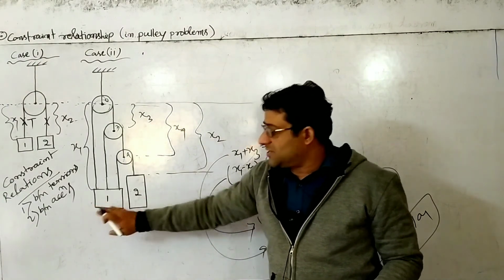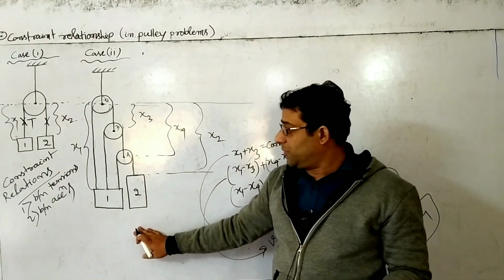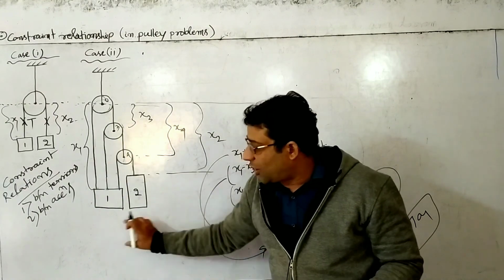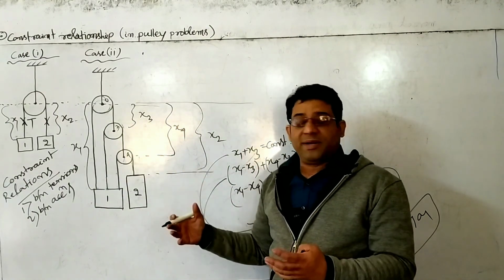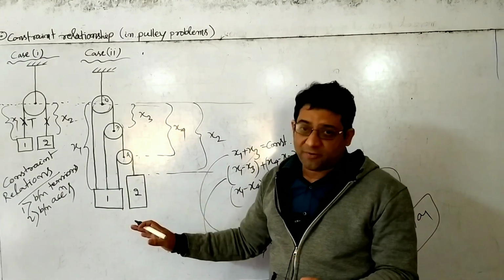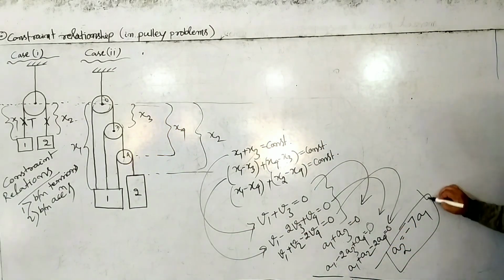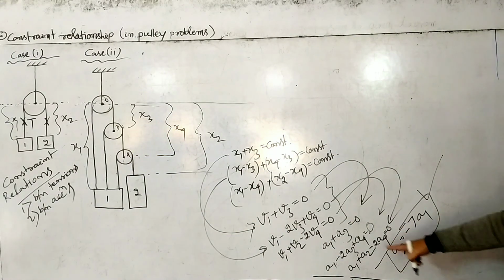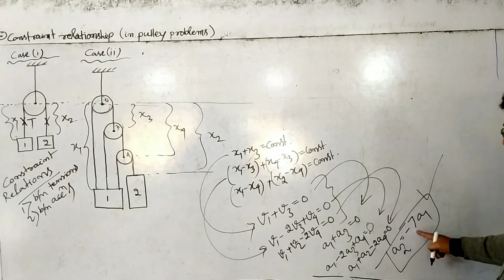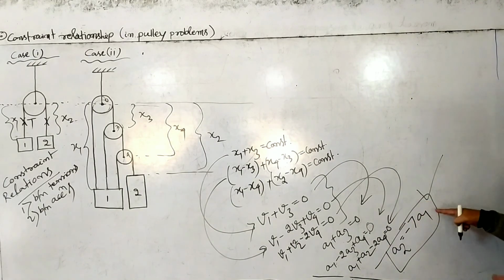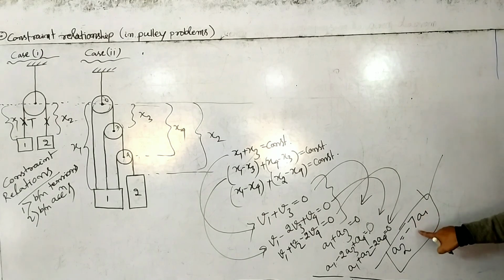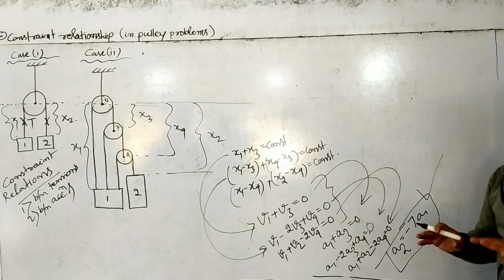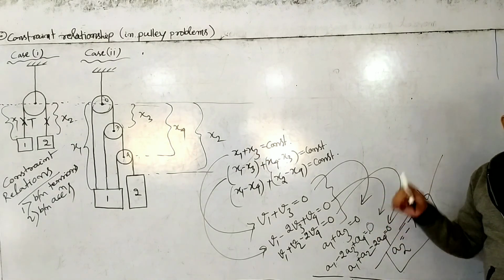Now, this is 5 kg or 10 kg, some number will be given in the numerical. So, according to that, whether it is going down or moving up will be determined according to various situations. However, this relationship will always be true. Acceleration of the second block is equal to minus 7 times the acceleration of the first block. That is, the magnitude is that of the first block multiplied by 7, and the minus sign says that A1, A2 will be in opposite direction. Hope this concept is absolutely clear.